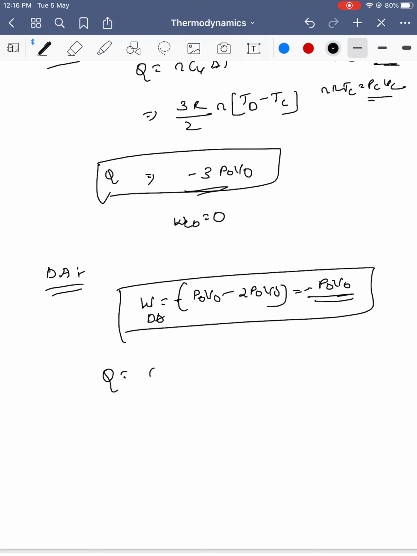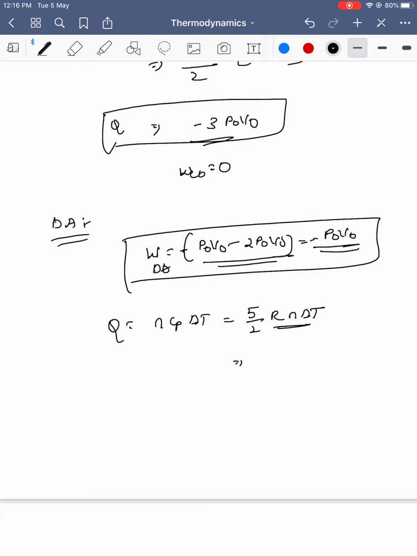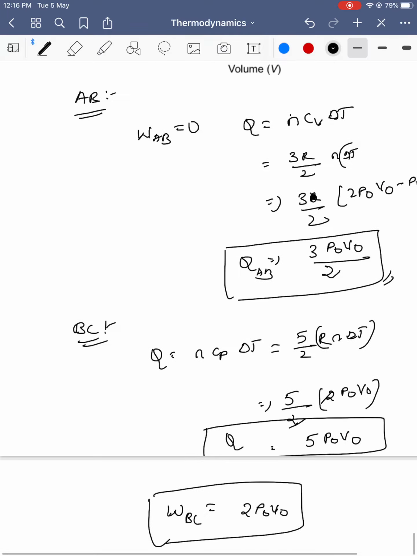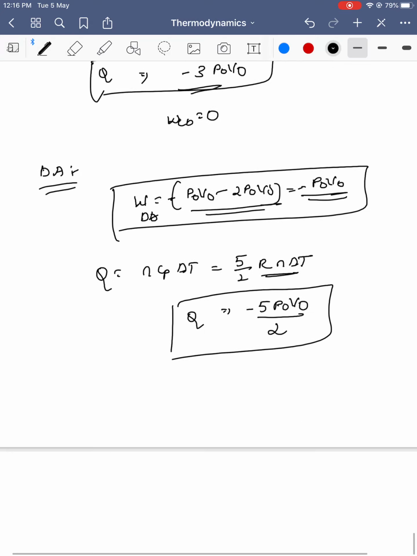Q is equal to nCp into delta T, so Cp into delta T will also give a negative value. Let's write Cp is equal to 5 by 2 R, into n delta T, which is nothing but the same value, nR delta T, minus P naught V naught. So it's going to be minus 5 P naught V naught by 2 Q, and we got the different processes. And next, efficiency is equal to